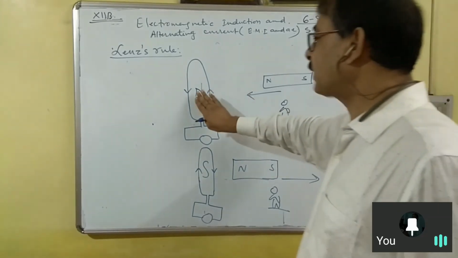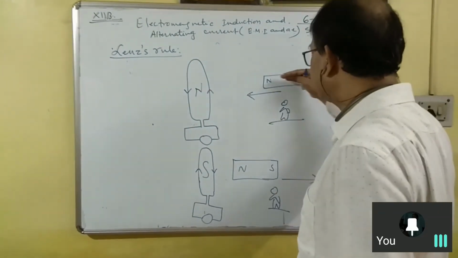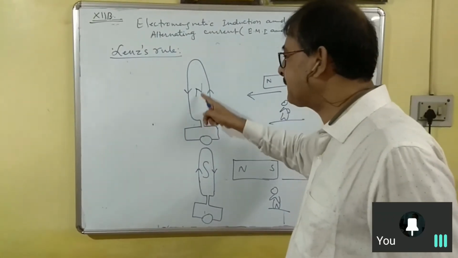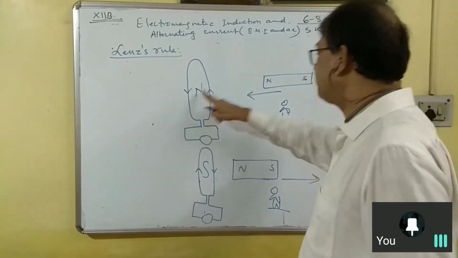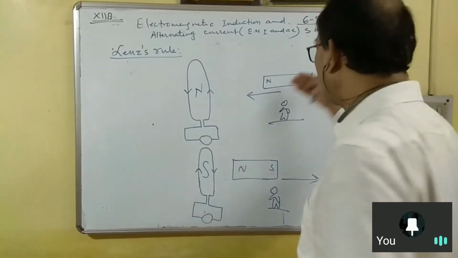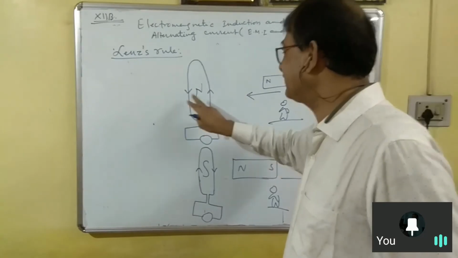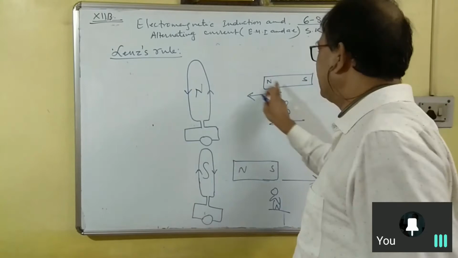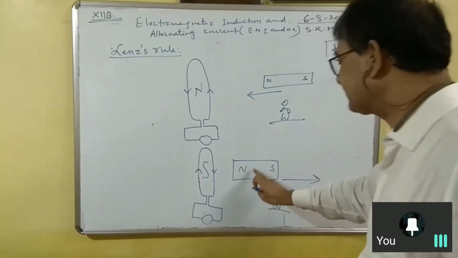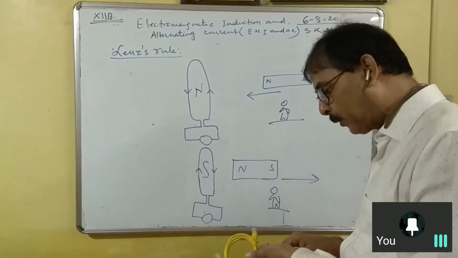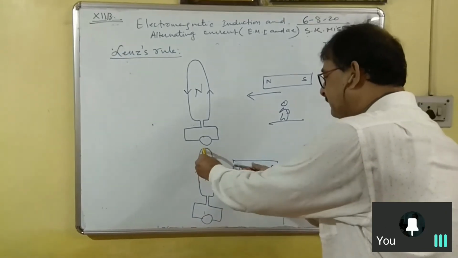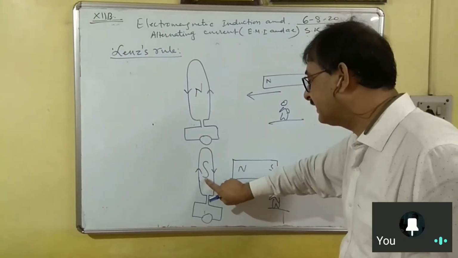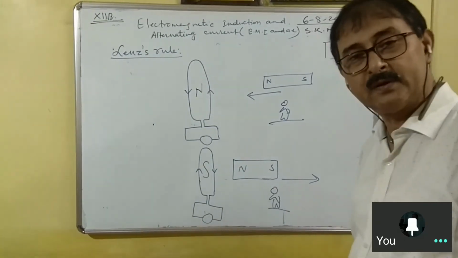No, this north pole is developed because you are bringing the north pole towards the coil. So this face should develop such a polarity that it can oppose the reason. The reason is the north pole is coming towards the coil. So how can this coil oppose this reason? By developing north here. And you know, similar poles repel each other. But think about this scenario. When you bring the magnet, say the north pole, away from the coil, then this pole will be such that it should oppose the reason. So the reason is the north pole is going away,